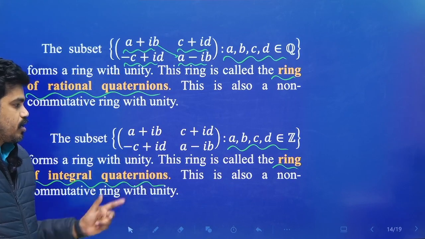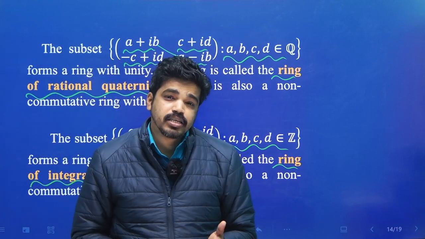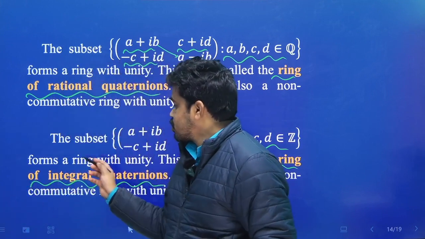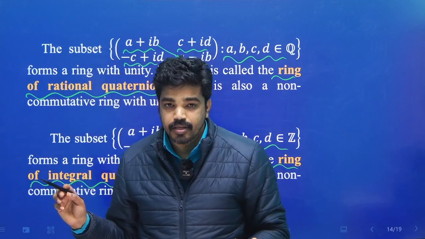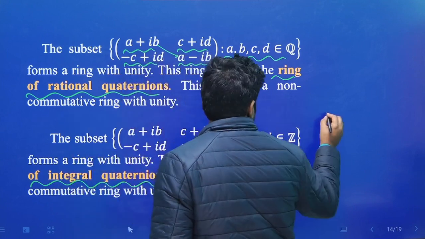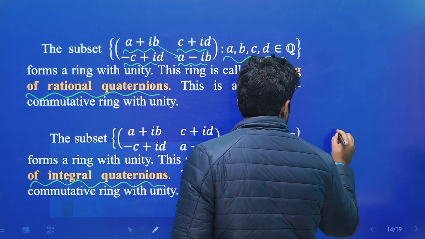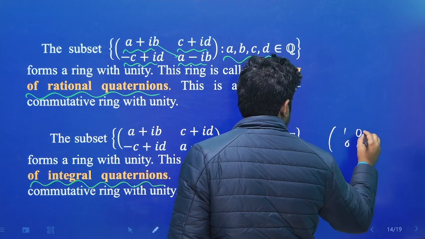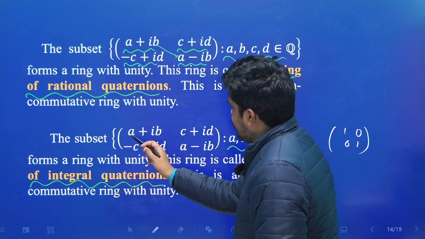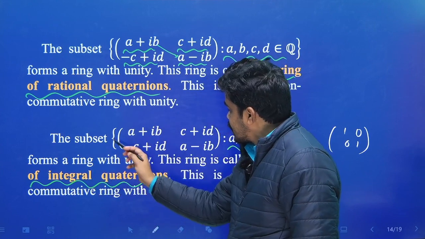ওকে, this is a non-commutative ring because matrix multiplication is not commutative. So this is a non-commutative ring with unity. The unit element is the matrix 1 0 0 1. ঠিক আছে, দেখো। So this তাহলে রিং অফ ইন্টিগ্রাল কোয়ার্টার্নিয়ান্স, তাহলে আমরা ম্যাট্রিক্সটা কি কনসিডার